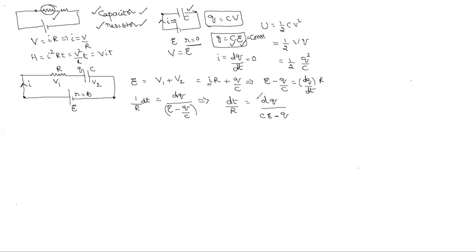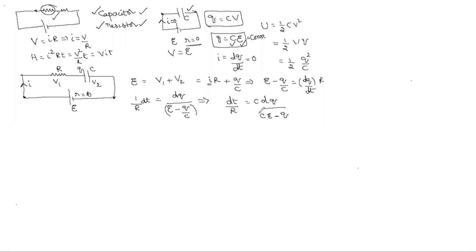That C I am taking to the numerator. Sir, CE will be Q, no? No, C is a constant. Keep it like a constant only, the capacitance of the capacitor. In the denominator, C into E, is it a constant or variable? Constant. It is the full big Q, that is when it is fully charged, and small q is the charge while charging. Very good, you understood that point.